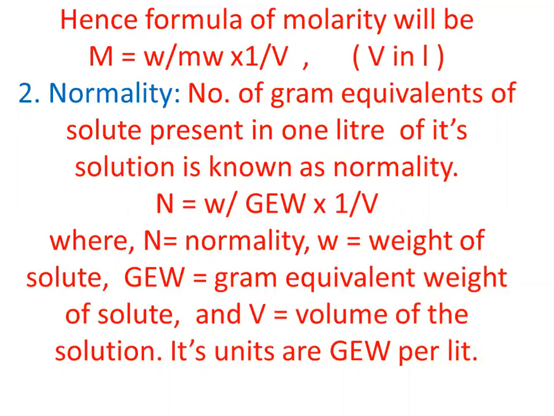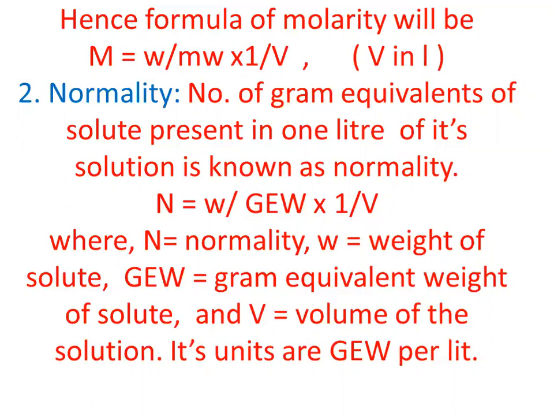Similarly, in the case of NaOH, NaOH produces a uni-positive or uni-negative ion. 40 grams is the gram molecular weight of NaOH. When we divide it by 1, we get 40 grams again. Therefore, the same number is the gram equivalent weight. Means for NaOH, for HCl, etc., gram equivalent weight and gram molecular weight will be the same.